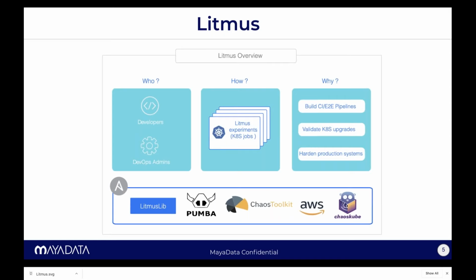And how do you validate that your pipelines are going to work in the new Kubernetes version? So you need to validate that as well. There is a lot of churn in validating your continuously changing microservices applications. So you need these Litmus books, which are nothing but a predefined set of YAML files that run as Kubernetes jobs. And by putting them together, you will be able to build these pipelines for any version of Kubernetes or any version of stateful applications quickly.